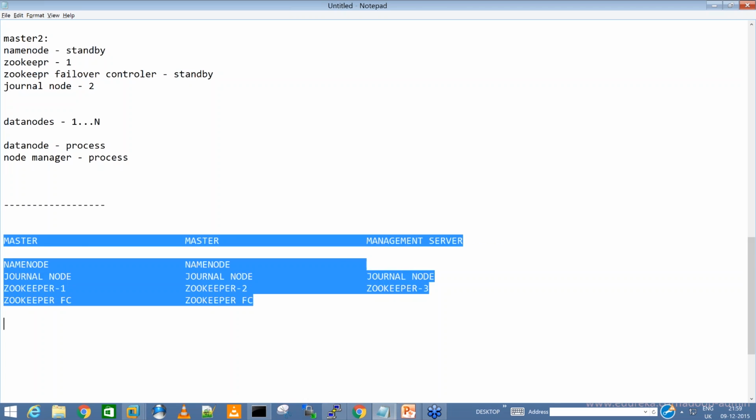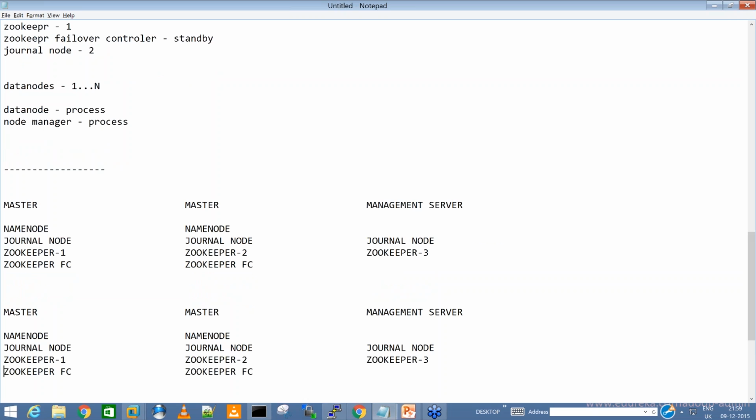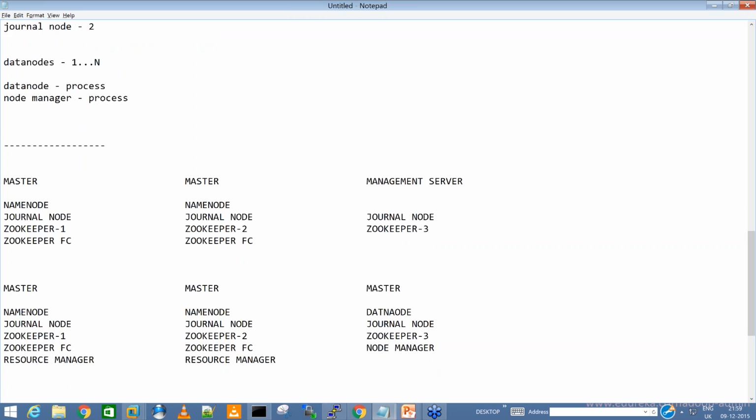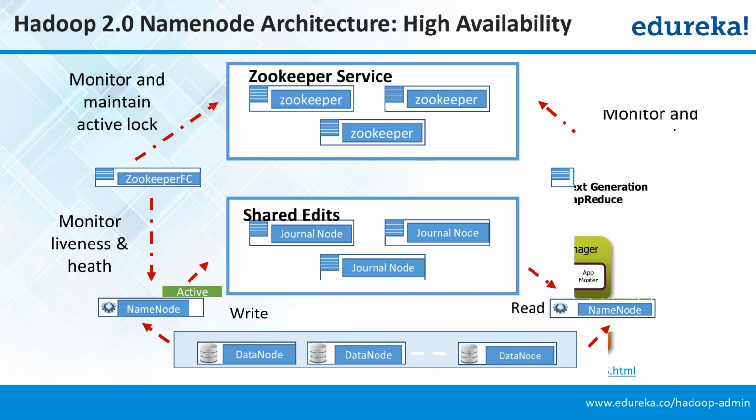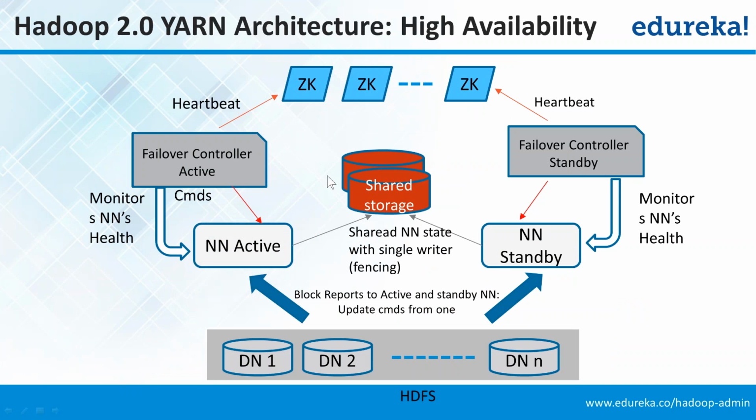In my case, here in the demonstration part, I have created this as a master node as well, and here I've configured data node and then node manager, resource manager, like this. Okay, so if we take our next figure of the YARN architecture high availability, same thing, exactly the same thing which